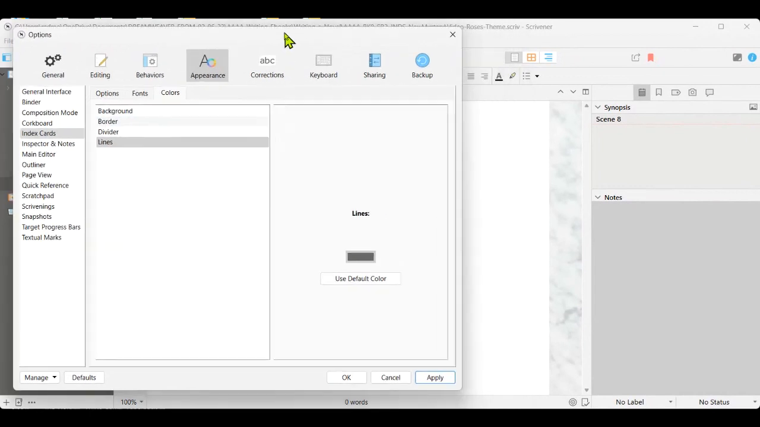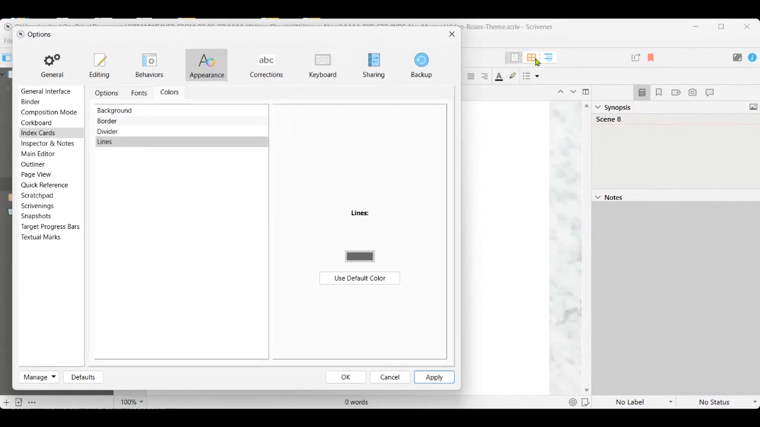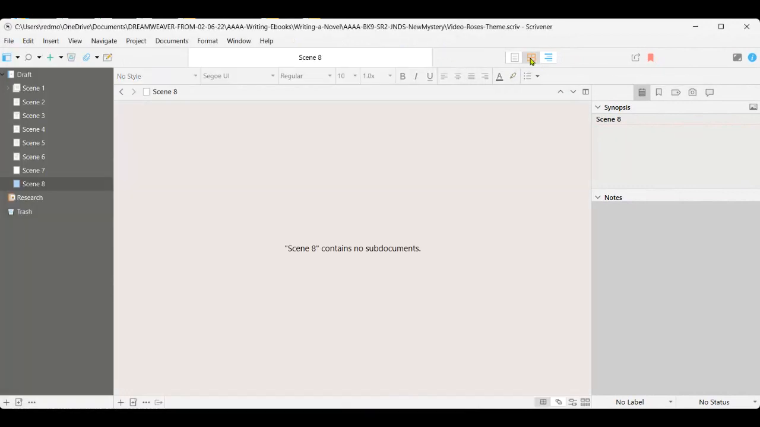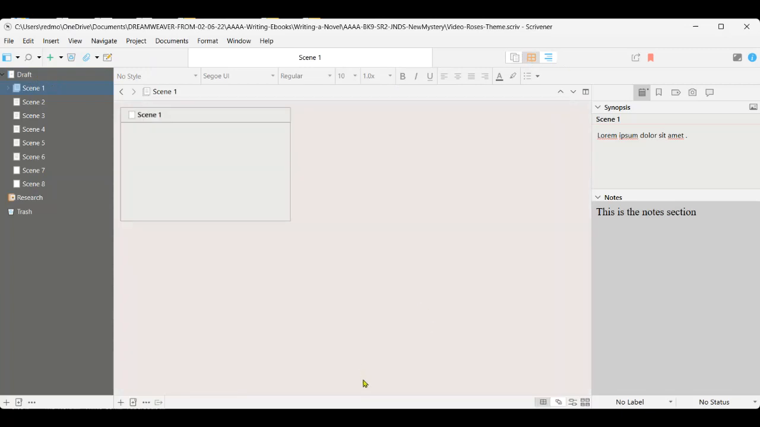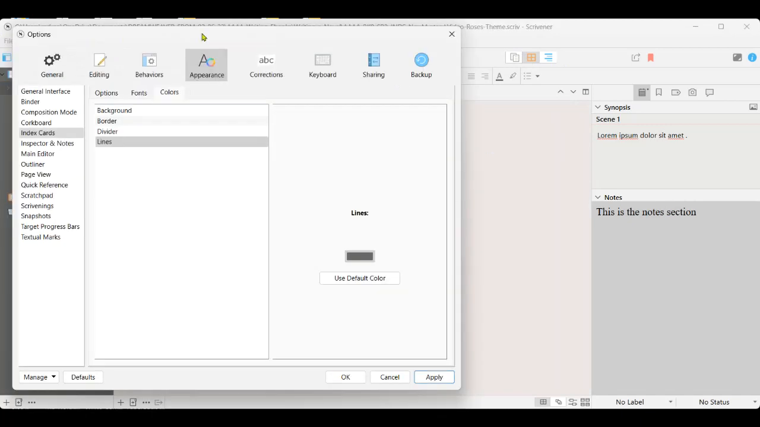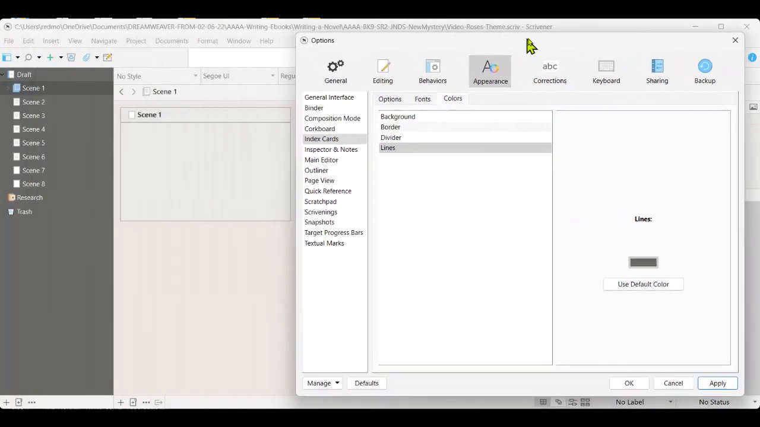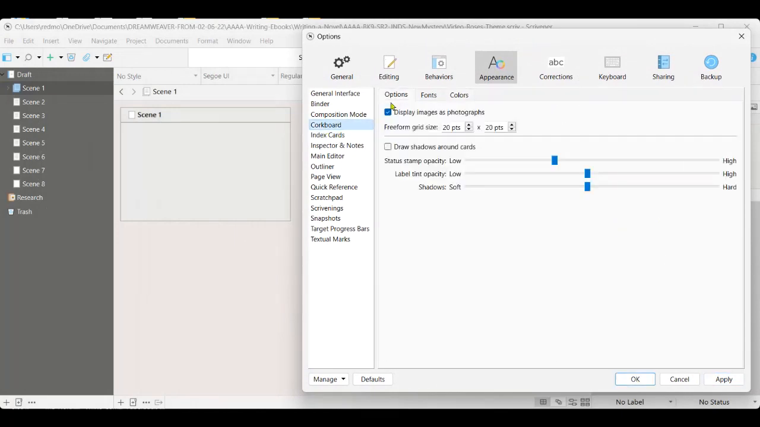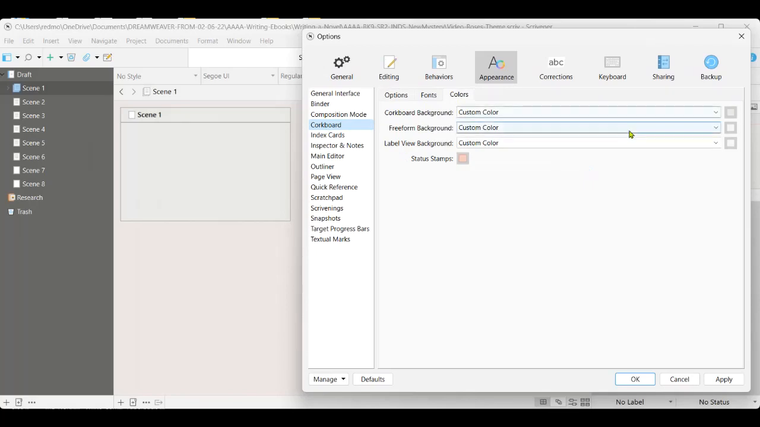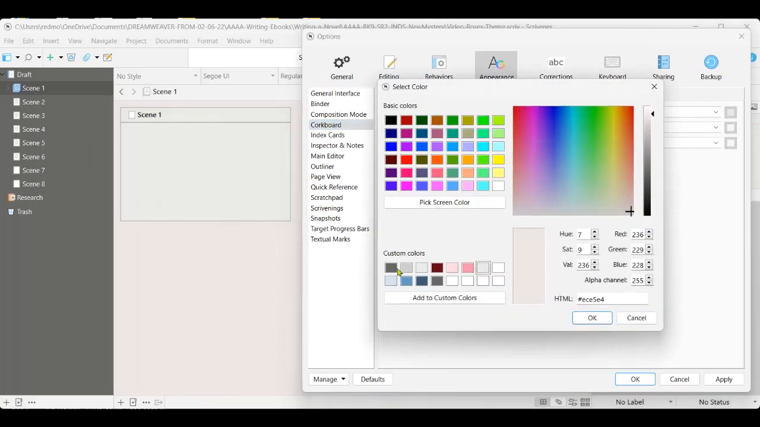All right, so I'm going to move this to the side and I'm going to click on the corkboard. Okay, so I'm going to come down to scene 1. All right, and we're going to change this now. Bring up the options panel again. All right, so the index card, that's the background. So the corkboard itself, we're going to go to the colors, and then we're going to use the dark gray